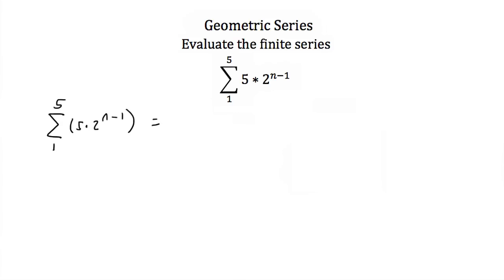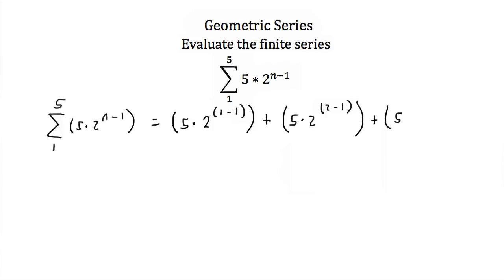So this is equal to 5 times 2 to the 1 minus 1 power plus 5 times 2 to the 2 minus 1 power, because I move from 1 to 2 in my value of n,